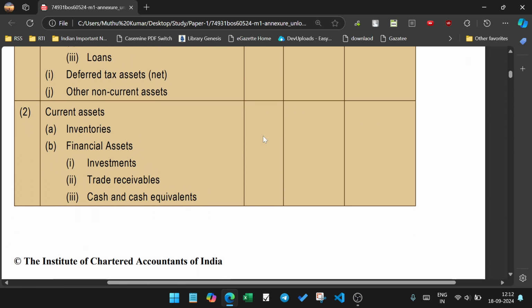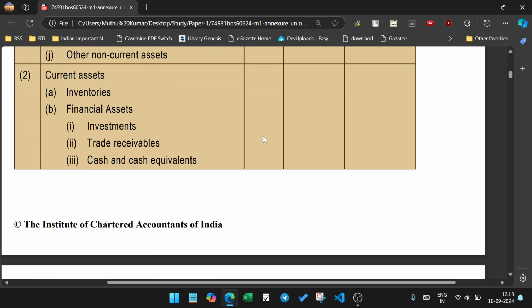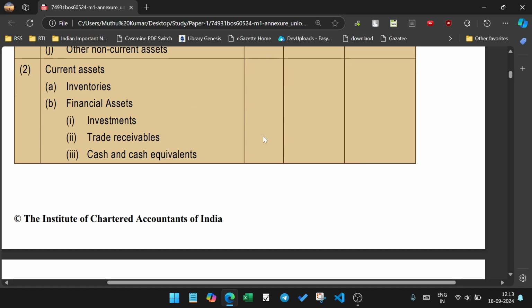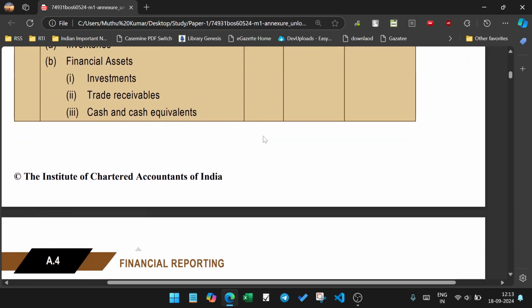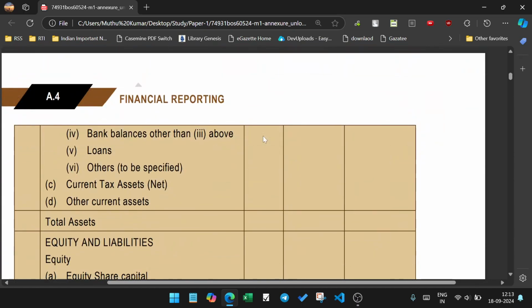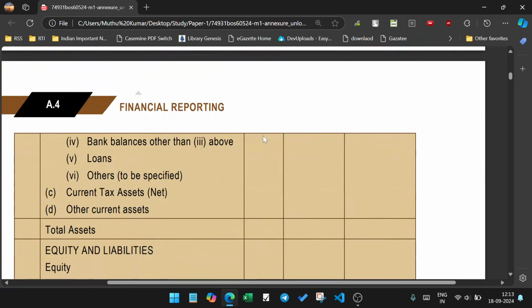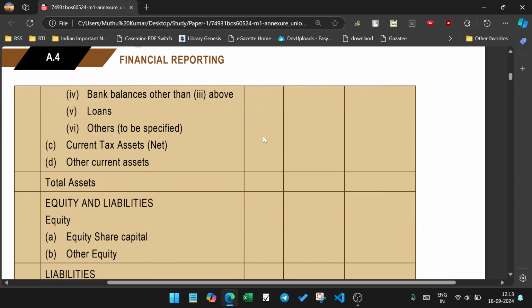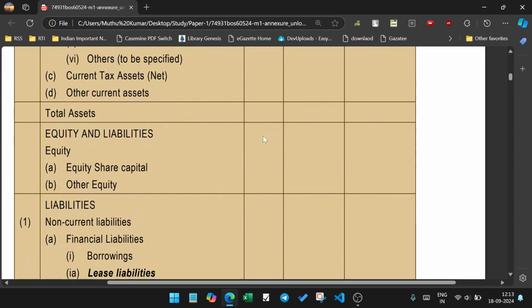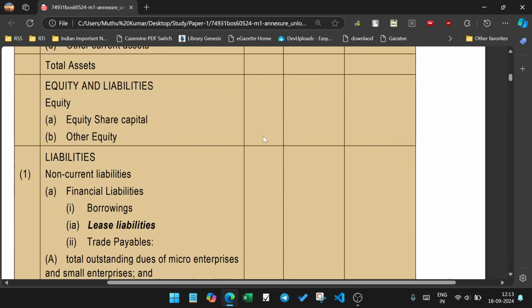Current assets, including inventory, financial assets including investments which we need within one year, trade receivables, cash and cash equivalents, bank balances other than the above, loans, bank balances and loans which we have given, others to be specified, current tax asset, other current assets, total assets. Then the classification: equity and liabilities, equity share capital, other equity,